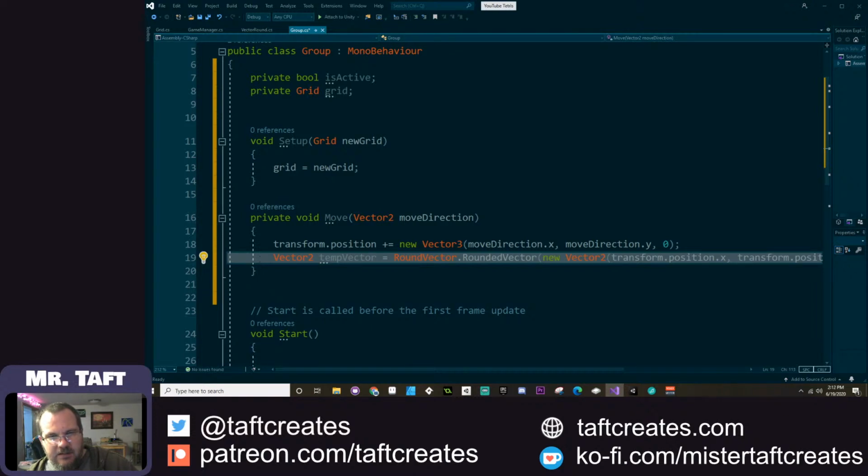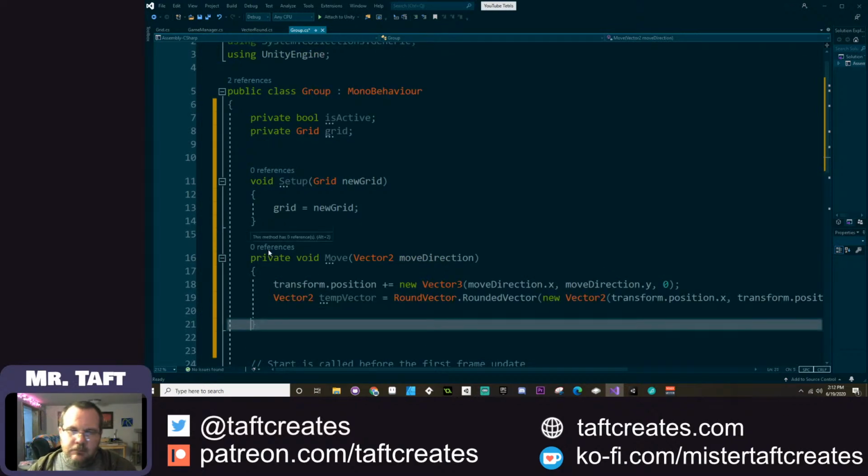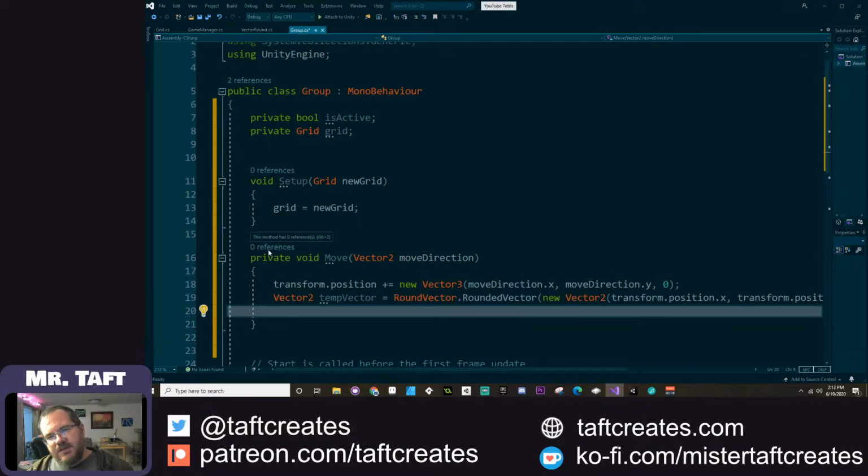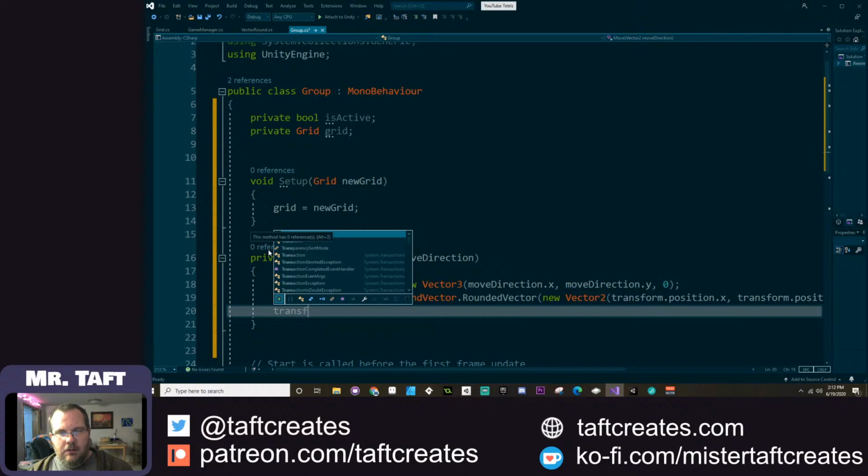And then once I get that temporary vector, I want to set the position to be that temporary vector so that it's always going to have integer coordinates. So I'm going to say transform.position equals new vector3